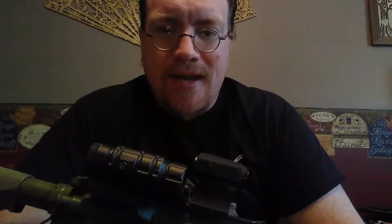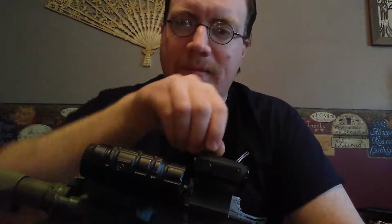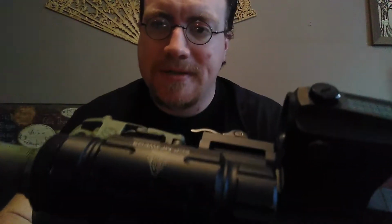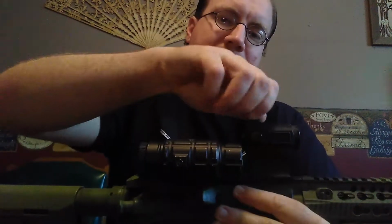And I mentioned zeroing earlier. A lot of budget red dots, they're not really hard to zero, but it's just a pain in the ass to try to do it. You have to get your screwdriver out and adjust those fine increments when it comes to the windage and elevation adjustments. This makes it a little easier because you may have noticed the caps that are on the windage and elevation adjustment dials. If you screw those caps off,